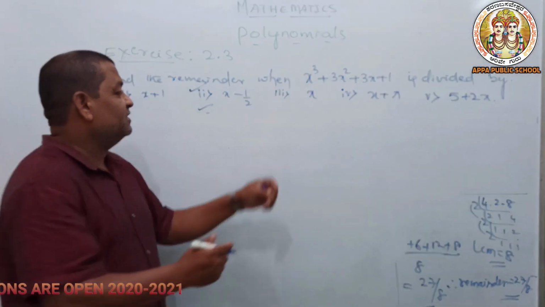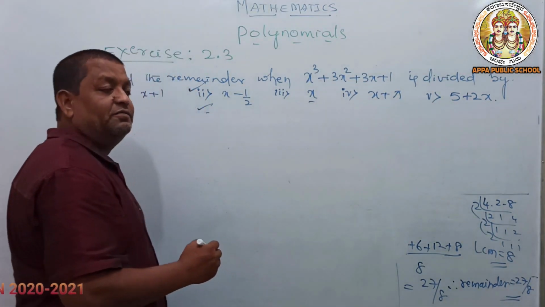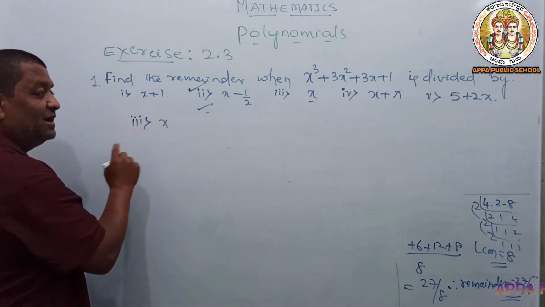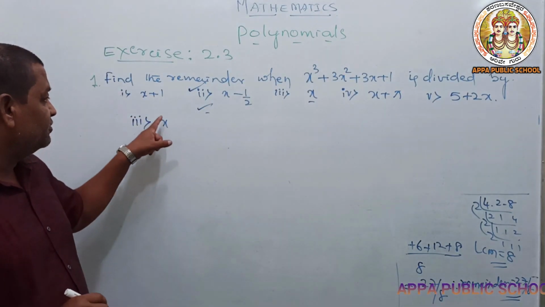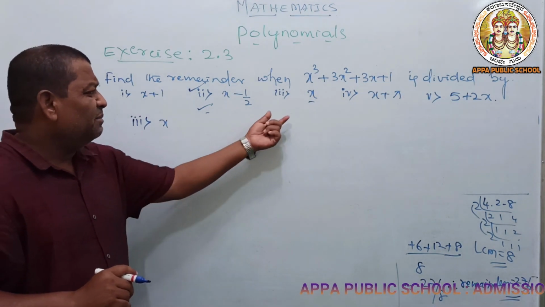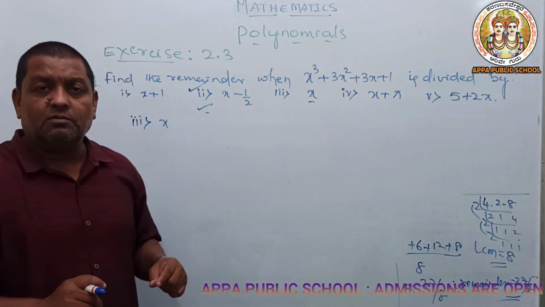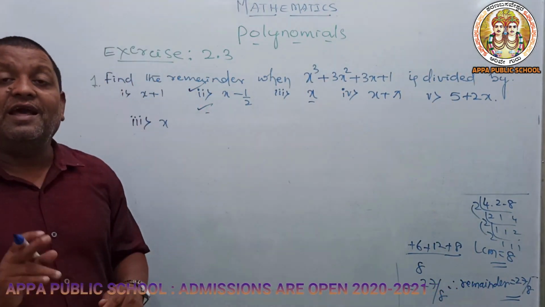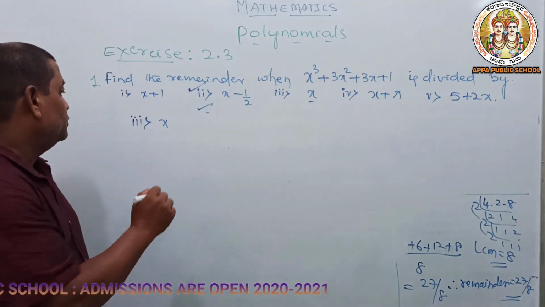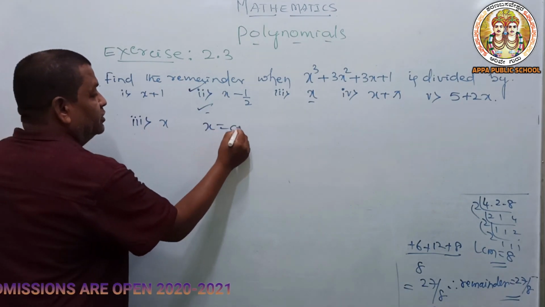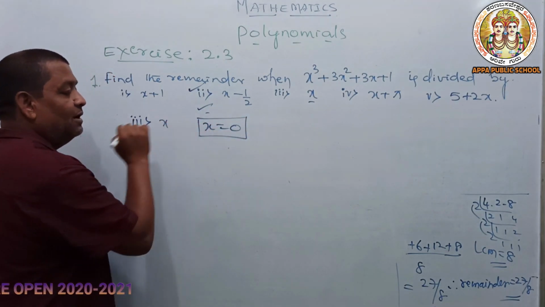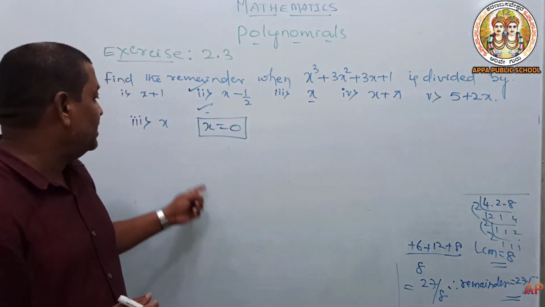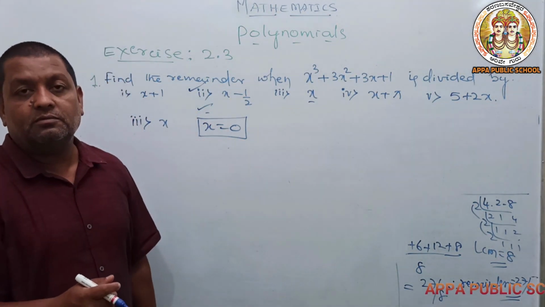Now let me finish this. See, there is a little bit of confusion here in the third one. The third one is a polynomial. Definitely it is a linear polynomial because of power 1. A little bit of confusion: what is the x value? So I want to tell you, suppose x is alone, then the x value is 0. X equated to 0 means itself is the value. We need to equate it to 0. When you equate only x to 0, definitely that will become 0.